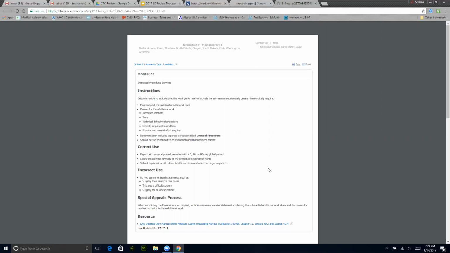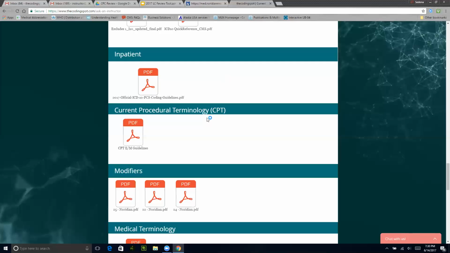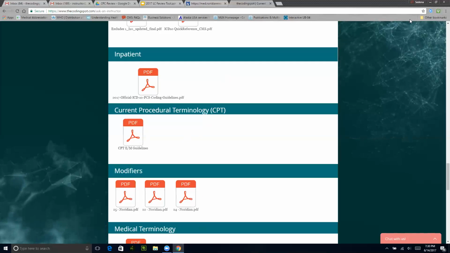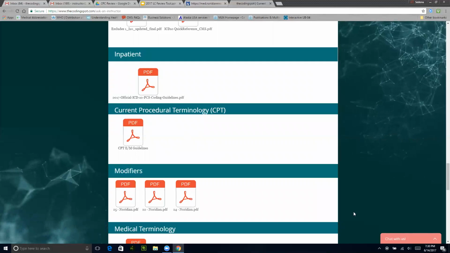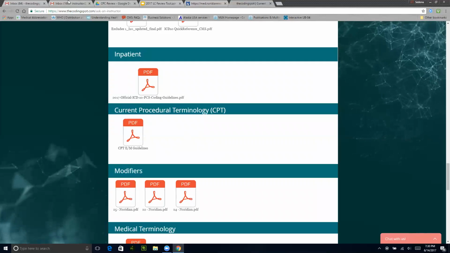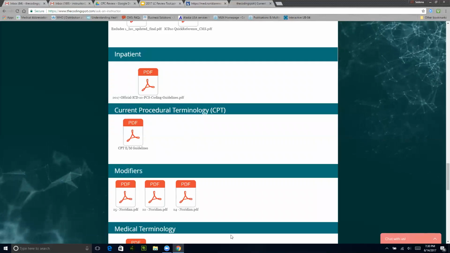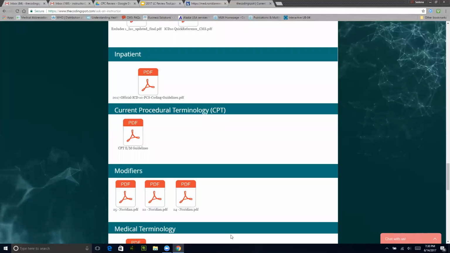From a coder perspective, if it's not documented, it didn't happen. From a provider perspective, if you think it, you better ink it. If it's going on in your brain as a provider, it's your thought process and it's affecting treatment, you better write that down. You better document it, because if you don't, you don't get credit for it, which equals you don't get paid for it. So reach out with any questions, please. These 3 are up right now, and we'll keep adding more. Please make sure that you download them and write little modifier tips in the modifier section of your